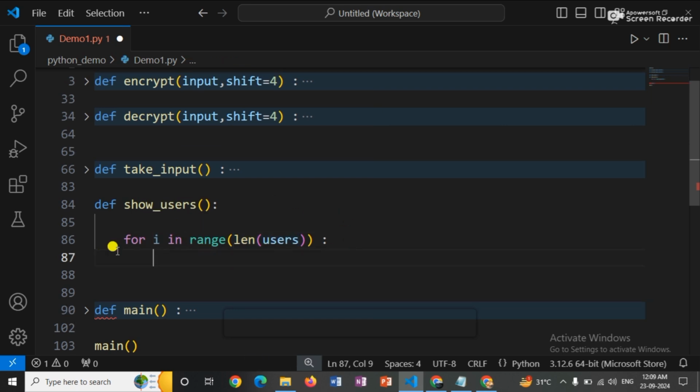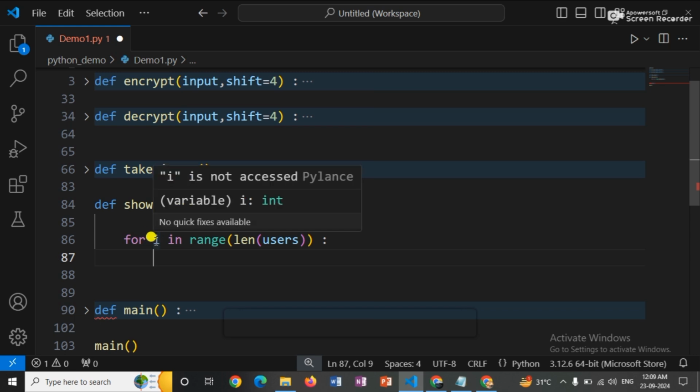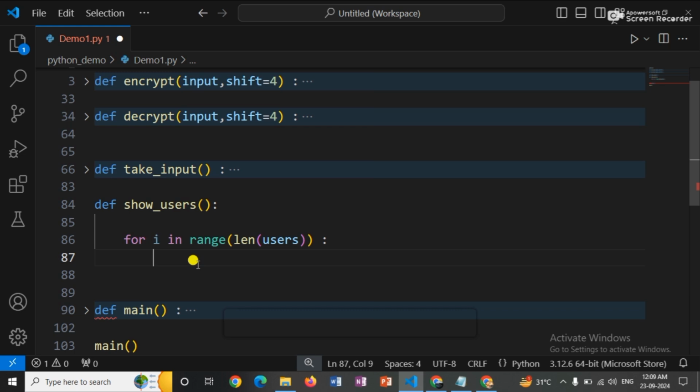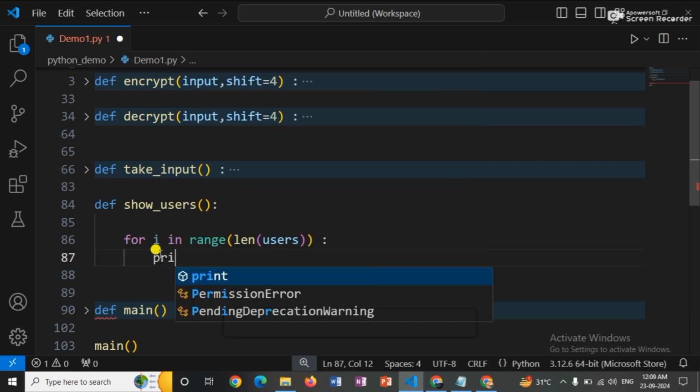So why did we need this? Because we want to access the items of the list by its index. So we need the indices in i, our iteration variable. Okay, so coming back here, what will it do? It will simply print